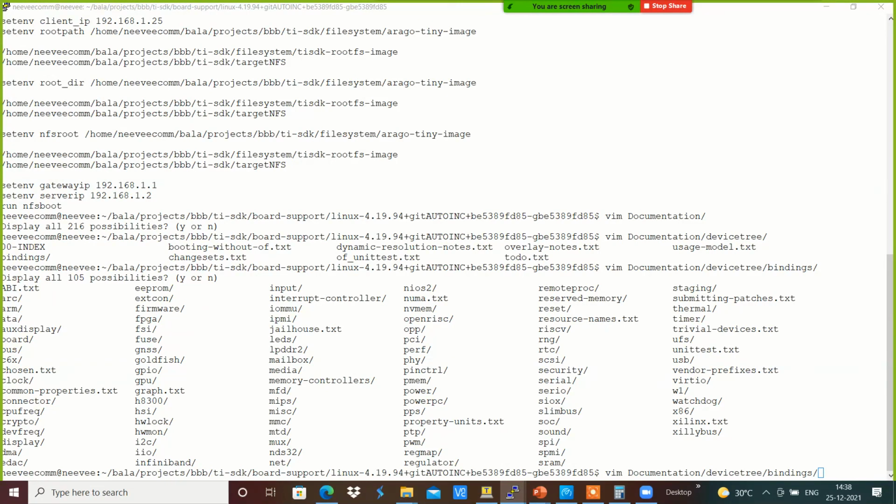I will fix it today and share the issue. And we have seen the device tree, what the device tree is and how it is structured, and we were able to add the LEDs and pin control information for the respective LEDs.